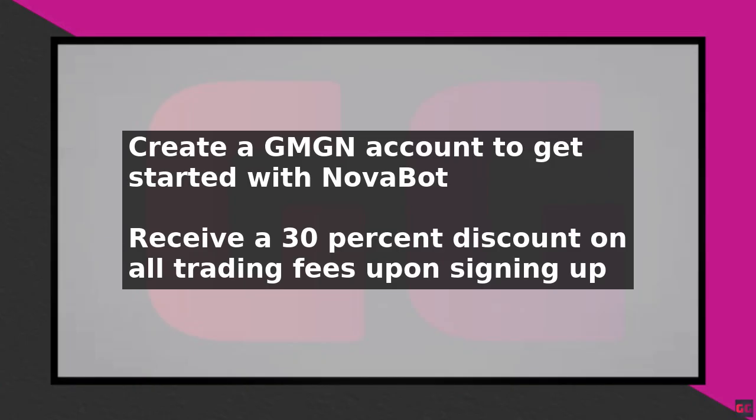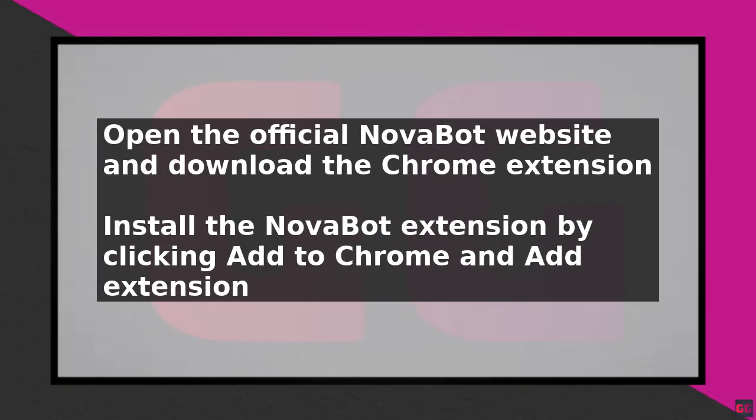Next, open a new tab and navigate to the official Nova Bot website. From there, download the Chrome extension, which will redirect you to the Chrome Web Store. Click the Add to Chrome button. Then confirm by clicking Add Extension. This will install the Nova Bot extension, which you can verify by closing the tab and returning to the Nova